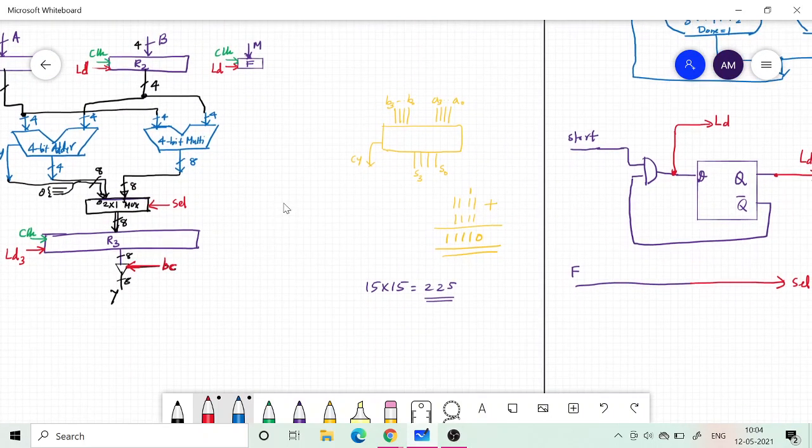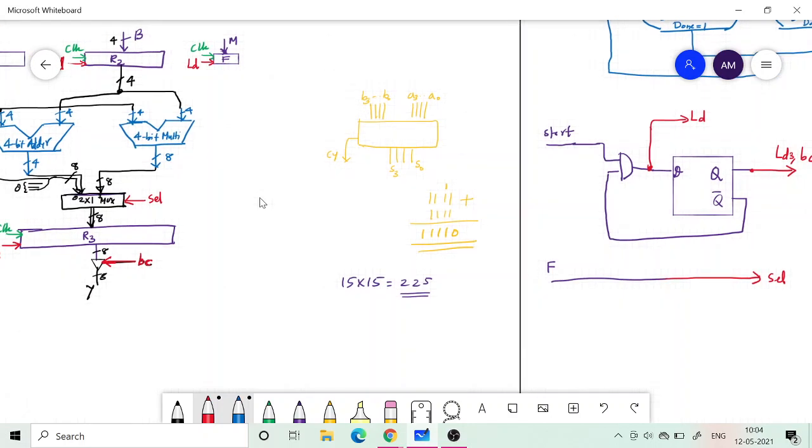Okay, I hope the question that was earlier asked, now I can answer. The select input, if I want to generate it, I just need to connect it directly from F to the select input. That's the control signal. It doesn't depend upon state.